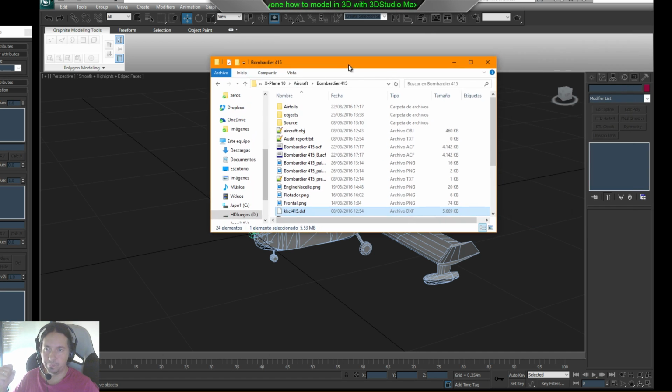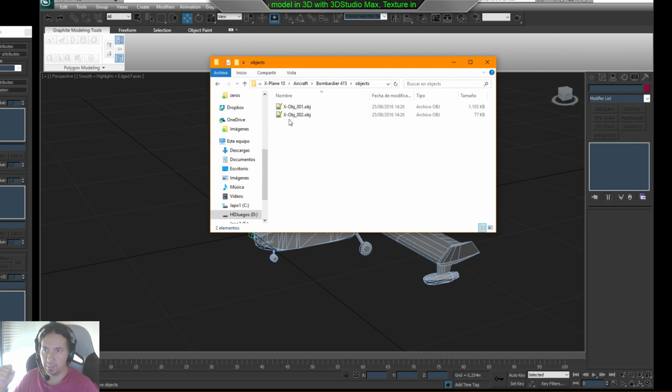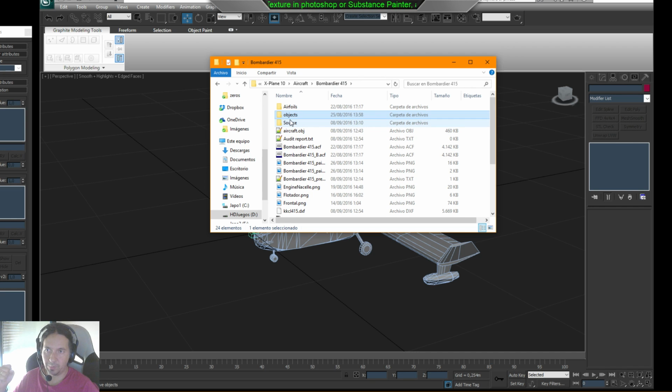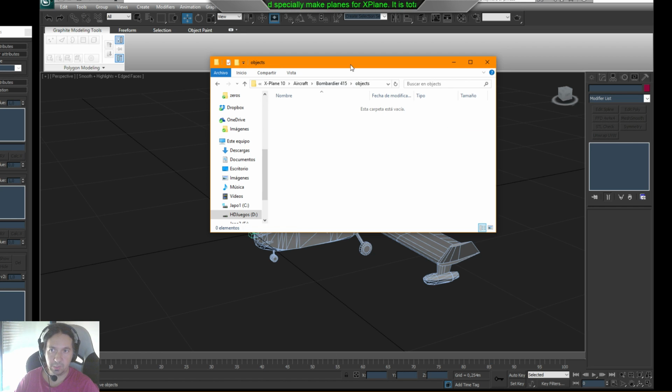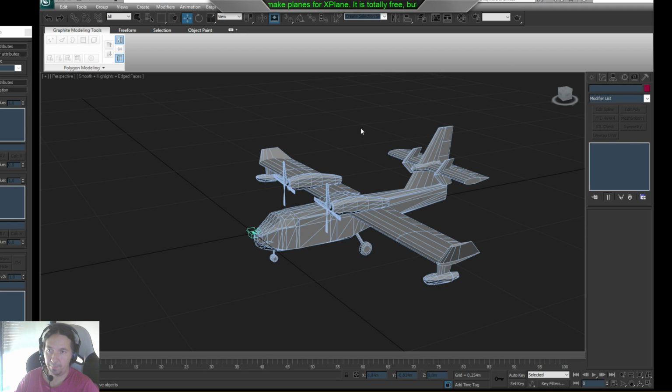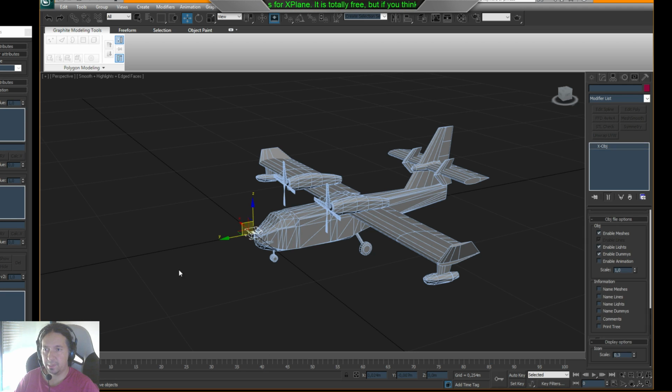So I create objects here, remove these ones because it was the testing. I created inside of PlayMaker the objects that come from 3D Studio or whatever, or Blender. It has to be inside the objects option. We have to create a folder called objects, and there is where we have to put them. So we select this one, and in this case I don't like it because